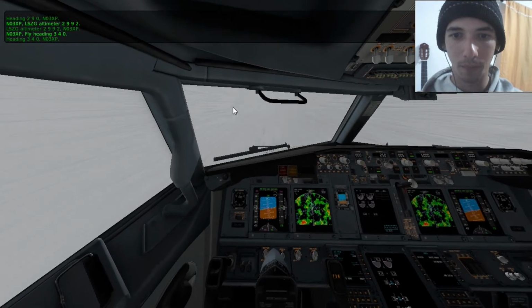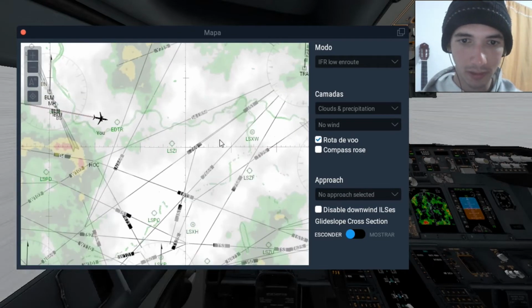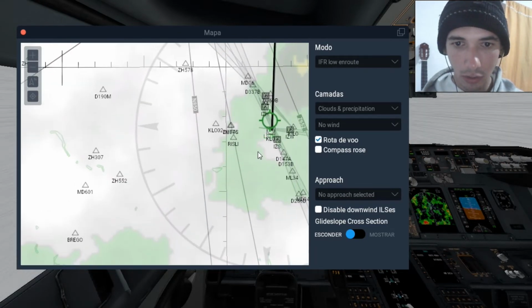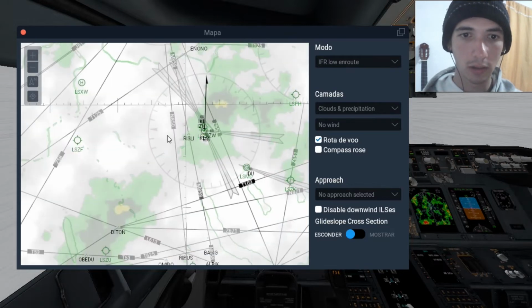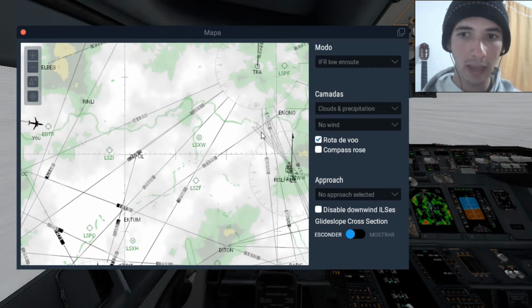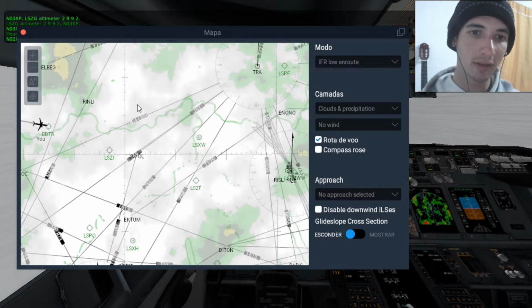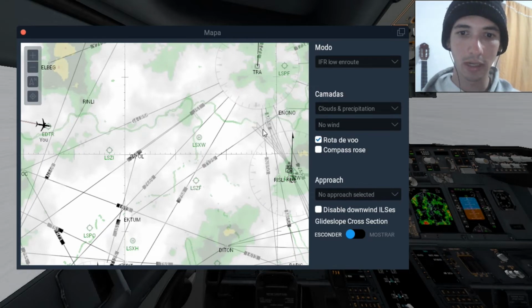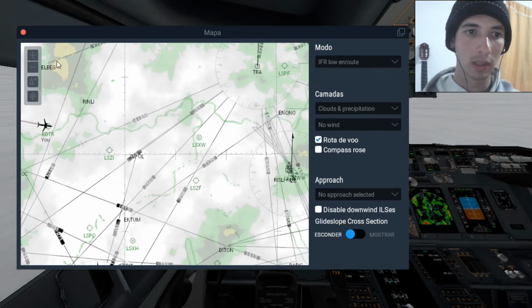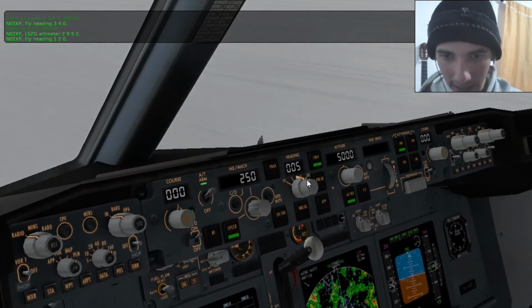So right now, what is the next step? Once you tune to your ILS frequency, you have to line up with the runway. Did you notice that we are not lined up with our runway? To be lined up with it, we should be coming from this direction here. So to do that, I only need to turn a little bit to the left, fly straight, and then turn to the right, and then I will be flying straight to our runway. So let's now turn a little bit to the left, heading